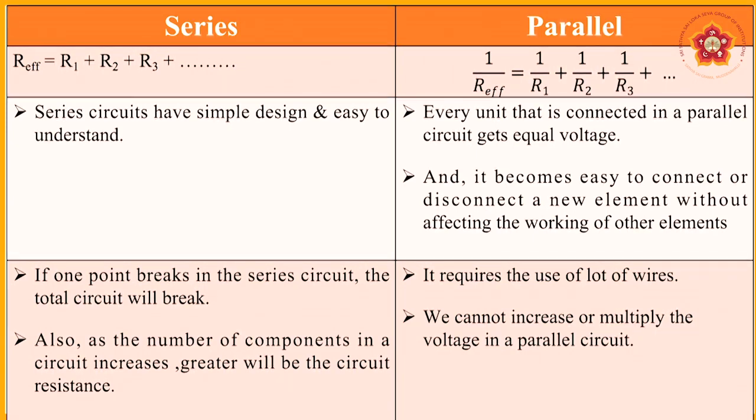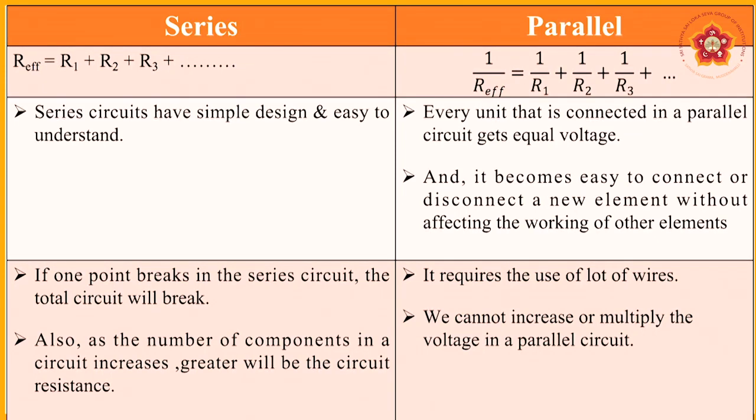Now let us come to the parallel, the last point. What is the disadvantage we can think of? It requires a lot of wires because every component has to have a separate branching out. So R1 should have a certain number of wires to function, and so do R2, resistor 3 and so on. So this is one minor disadvantage with parallel, no doubt, but there is no failing of the overall circuit, only that particular component fails. If there is some issue with that, the rest will all be working.